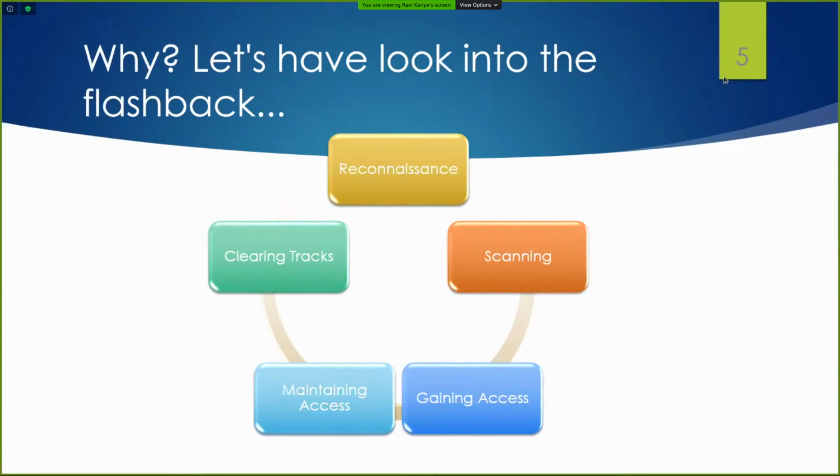After identifying the vulnerability, they exploit the services, which is gaining access, and after that, maintaining access. The most important part is clearing tracks, because this is where the culprits get caught and can be arrested. Sometimes in excitement, lots of people forget this last part.